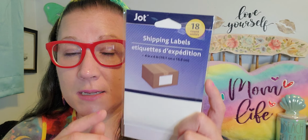And then right here, I have some shipping labels. I have some things I need to pack up and send out. My best friend's son graduated, and I need to send him a gift. These shipping labels are amazing. I love these. It's a nice clean slate to just be able to write it all out clear and concise